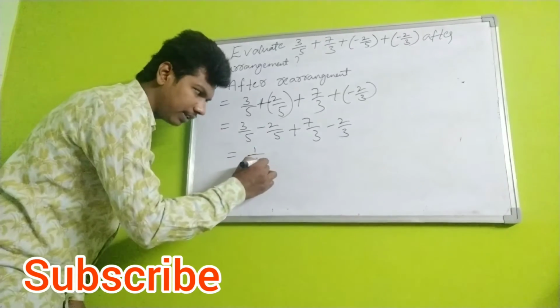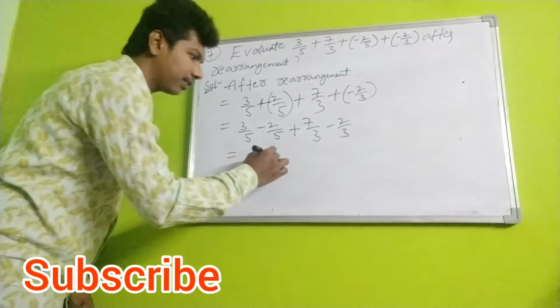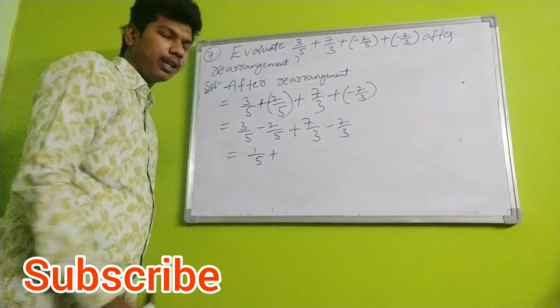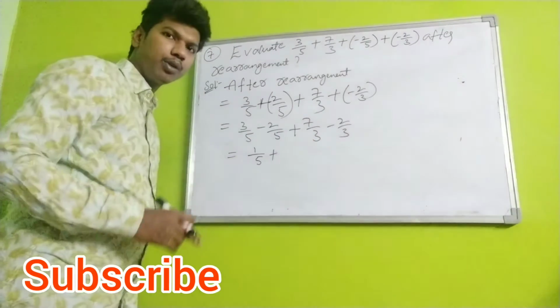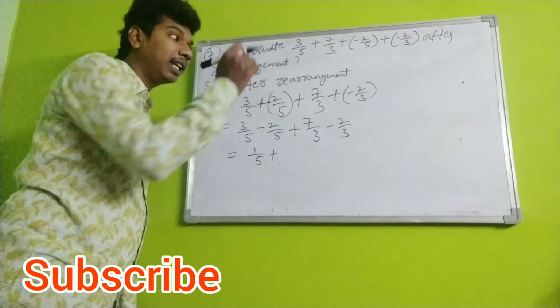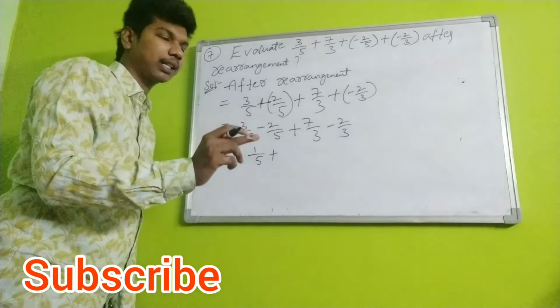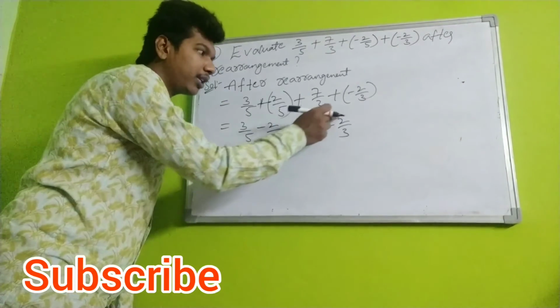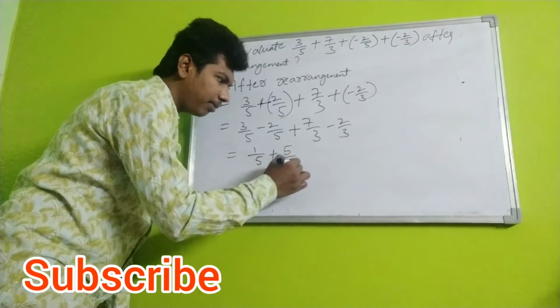Denominator part, write as it is: 1 by 5 plus... here both the denominators are different. Here, for the numerator, what do we have to do? Subtraction. Why? Because the minus symbol is in the middle, I am saying clearly. Now 7 minus 2 is 5. Denominator part, write as it is, 3.